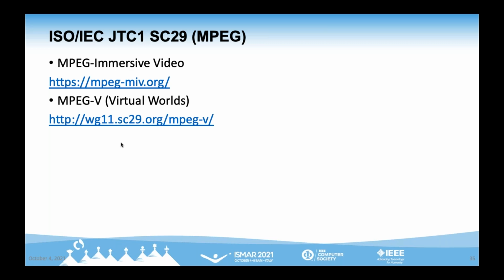There's also MPEG-V, which dates back to, I think, 2015 or 2016, and it describes how digital worlds can be shaped and reflect the real world, and vice versa. So there are some still relevant components in MPEG-V, and increasingly some specifications within the MPEG-I suite of specs that could be interesting for augmented reality, especially as there's a close